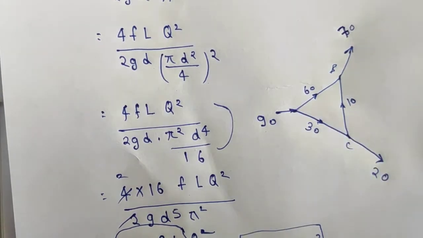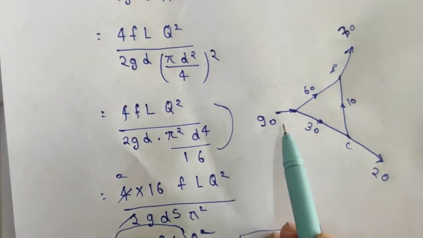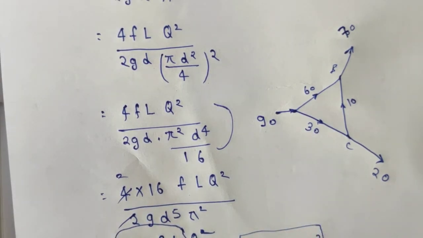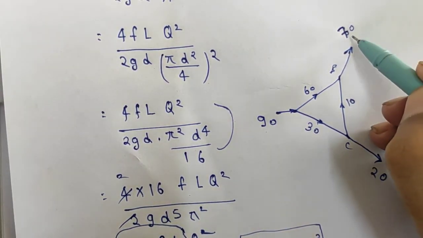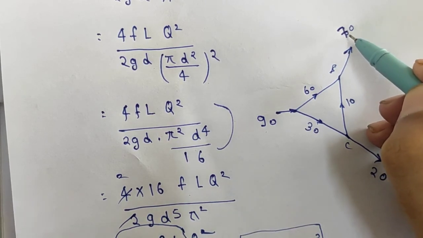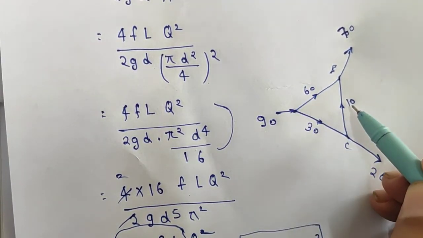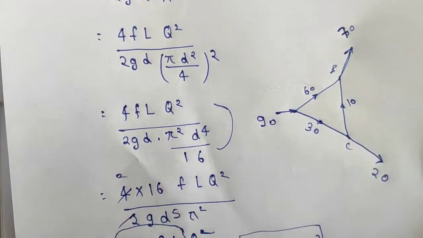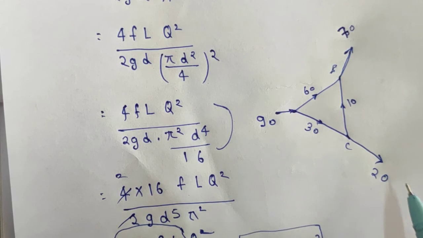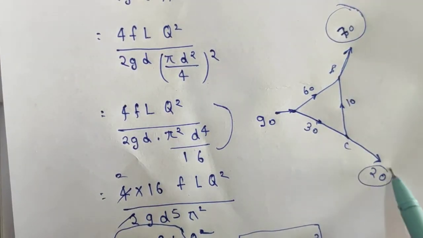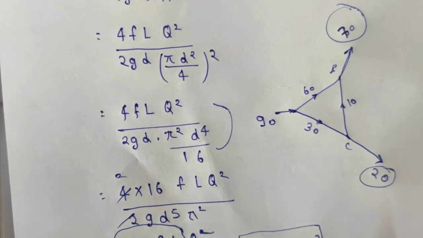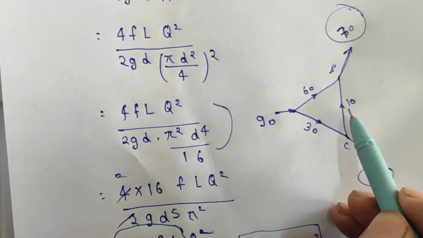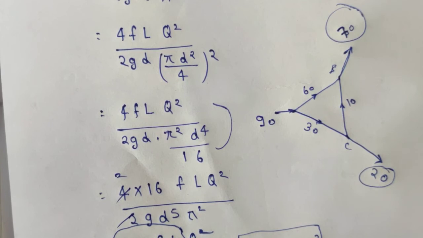But as per our continuity equation, the amount of water entering the system is the amount of water leaving the system. So we had to necessarily write 70 here, that is 60 this and 10 this, that is 70 is exiting from here and 20 is exiting here. That means the total amount is 90 again, right? Where 10 is in this section. So what I am trying to explain is that the amount of water entering a pipe network is the same amount of water that would be leaving.